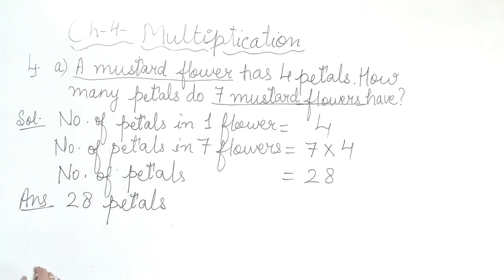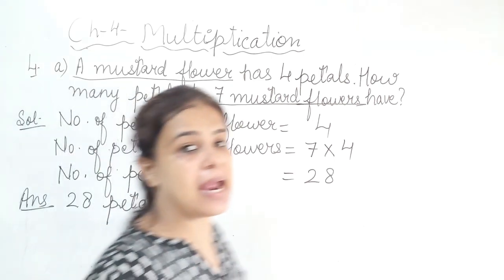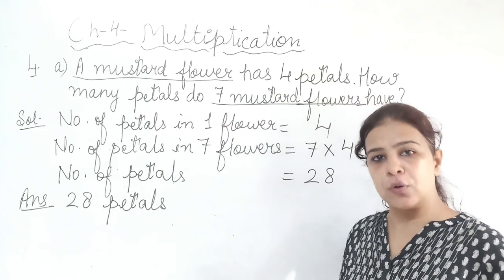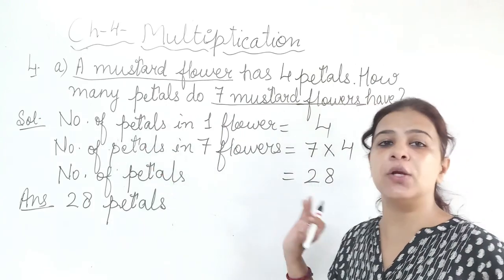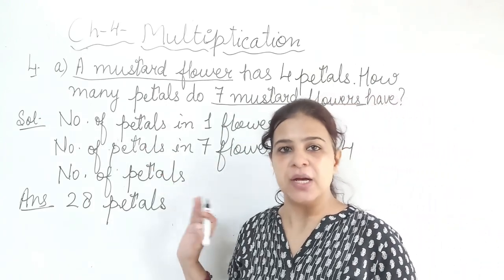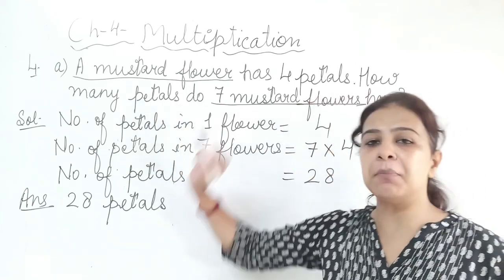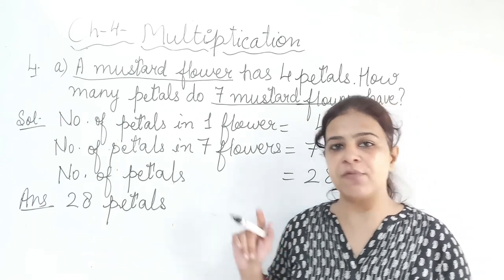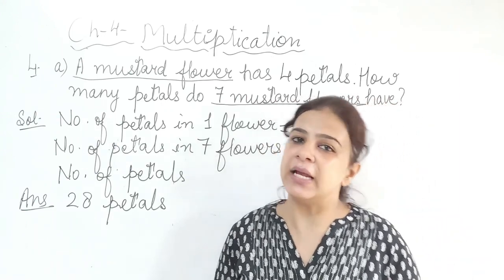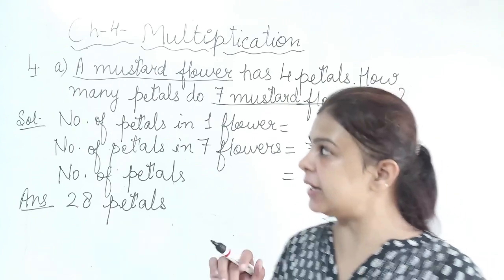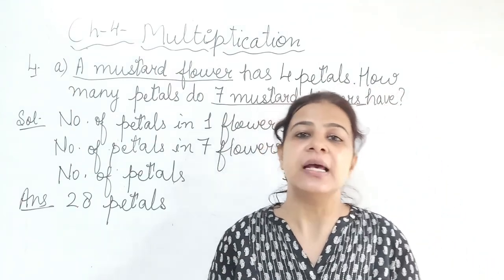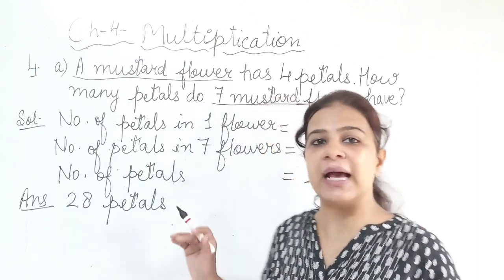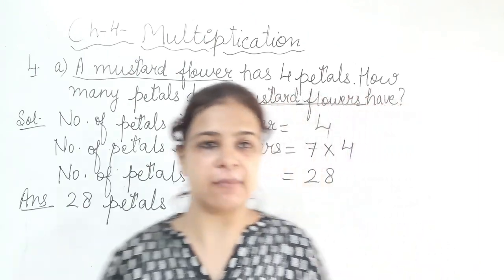Now children, you all can do this question number B and C in your maths notebook. In the same way, you all will do this in your maths notebook. Question number B and C is also given in your maths time book. You all can see from there, and you will do it in your maths notebook. If you have any query, if you cannot understand how to do the statement in this question, you just call me up and I will help you all. Okay children?